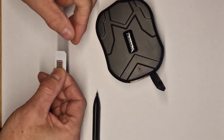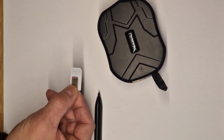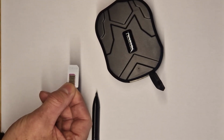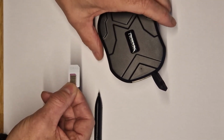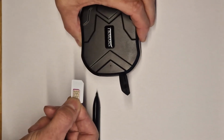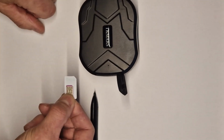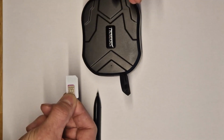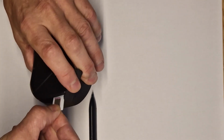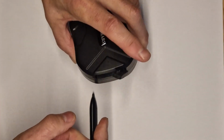So first thing you have to do is insert the SIM. And nowadays almost every SIM card is nano SIM. It does not support eSIM or whatever. And you can insert the SIM card in this way. So this side that way, and the contacts of the SIM card up, and then you move it into the slot. You hear it click, and then it